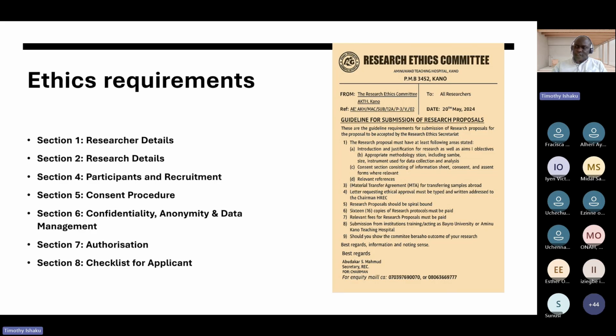What are those processes? Anybody who wants to share with us, all of us have done one research or the other. If you can't remember, just the ethics application. What was the process like, the one you've done? So the first question is, what was the process like? The second one is